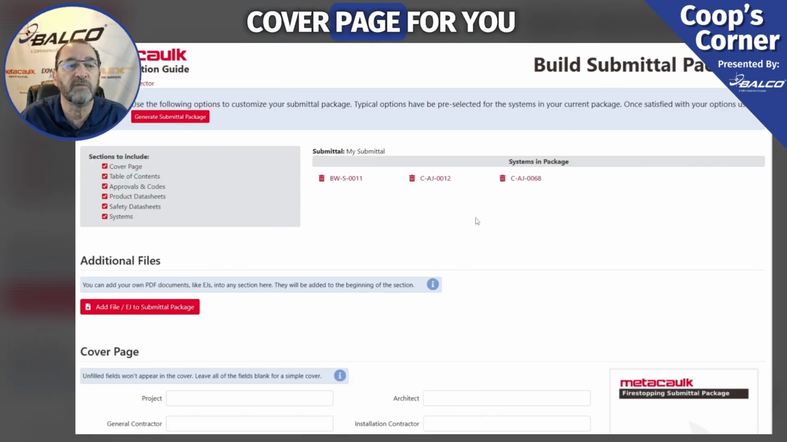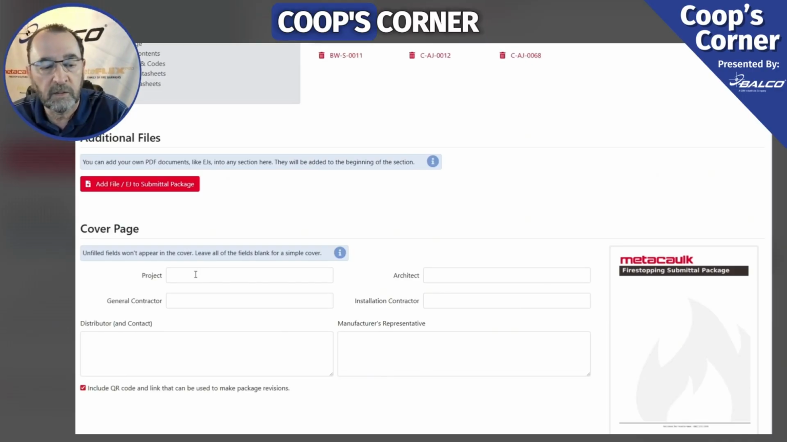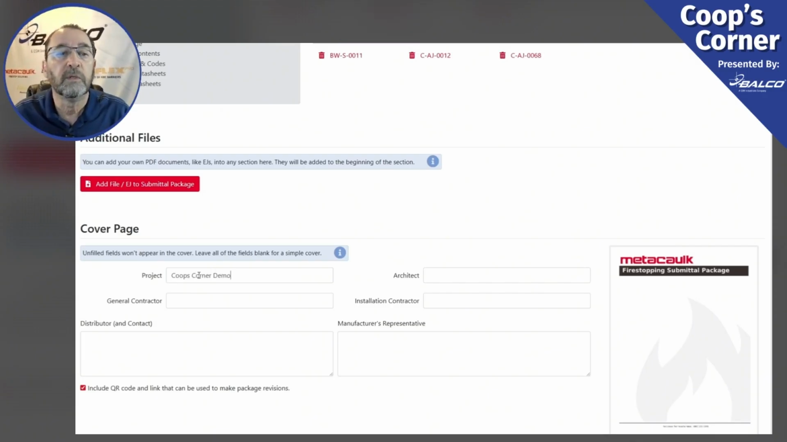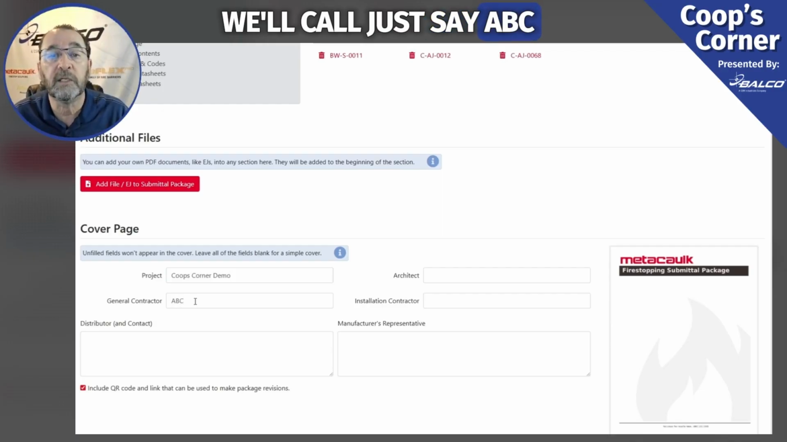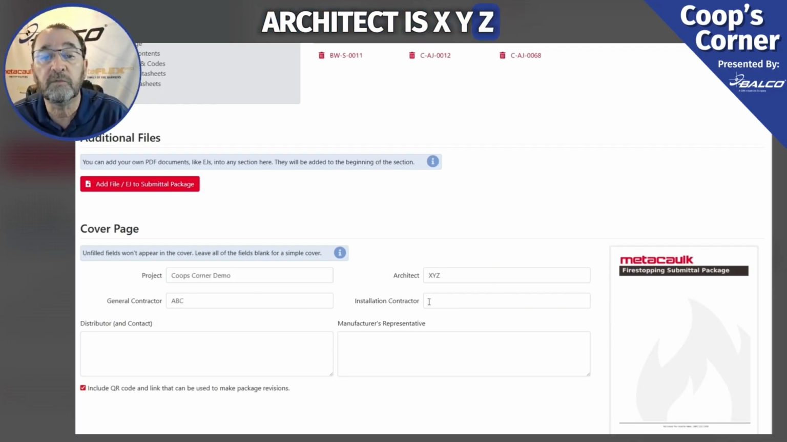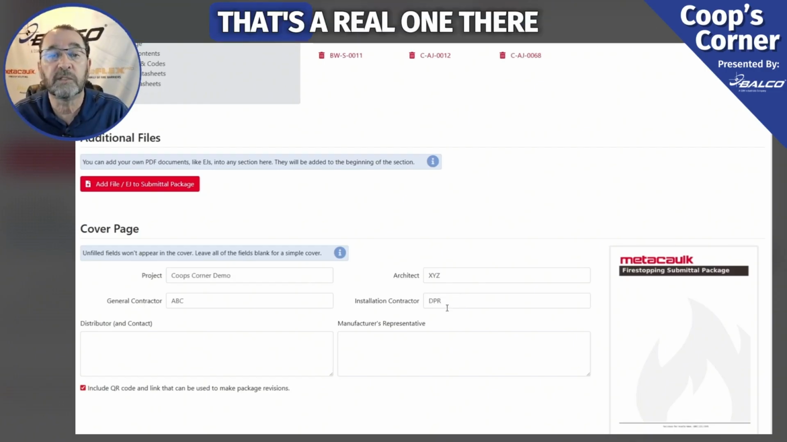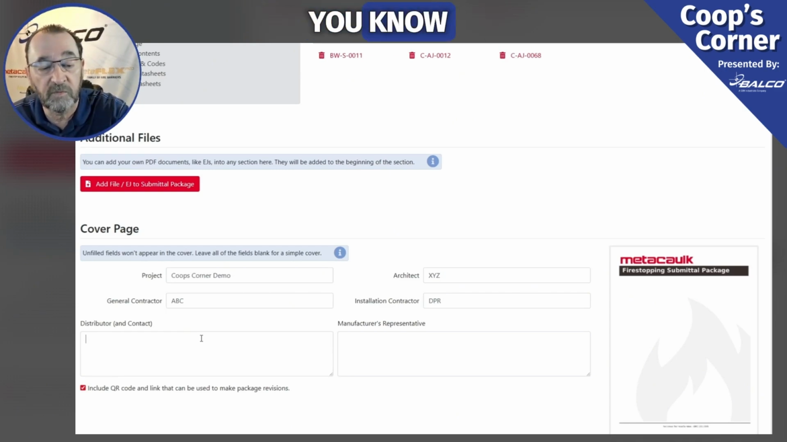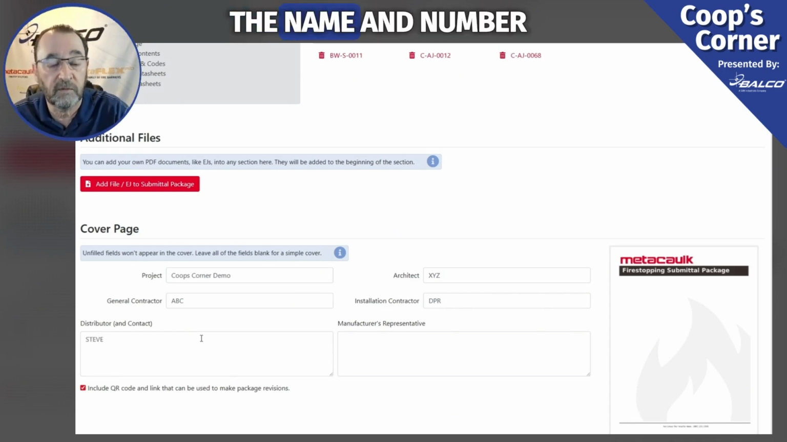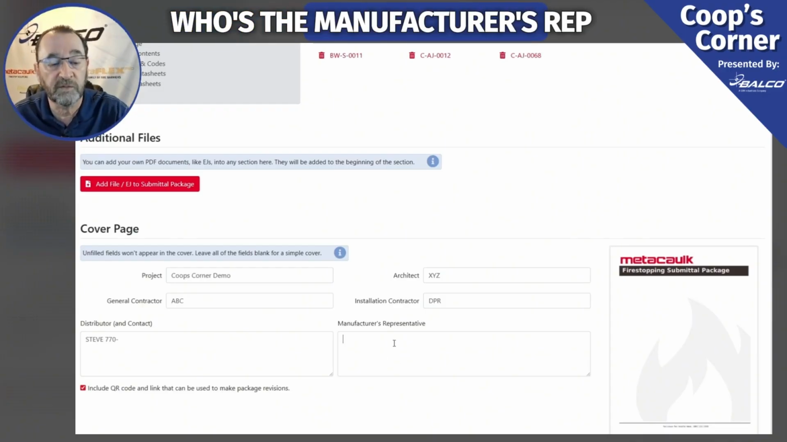and it creates a cover page for you. And so you can go in there and say, this is project Coop's Corner demo, right? General contractor is, we'll just say ABC. Architect is XYZ. Look at there, I've done this before. The installation contractor, that's a real one there. And then you can put in the name and number, right, for the person who's the manufacturer's rep,